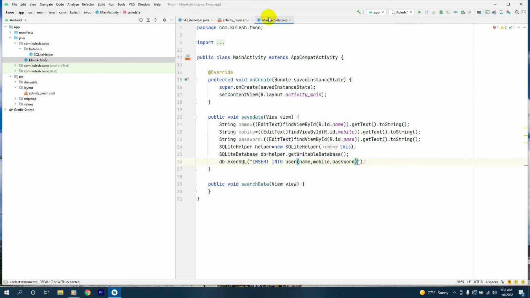And the next thing we'll say values, and here we'll first give the name, and the next thing will be mobile,